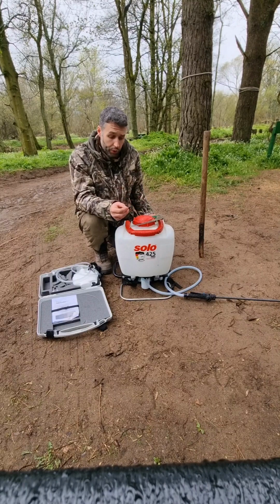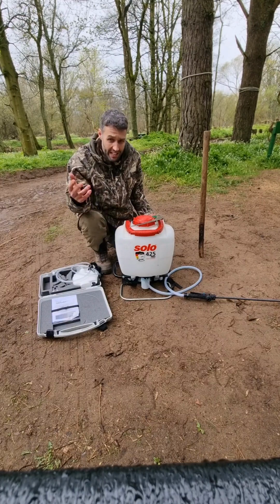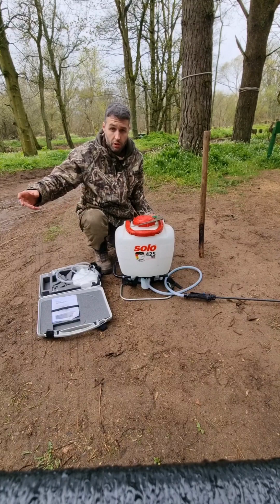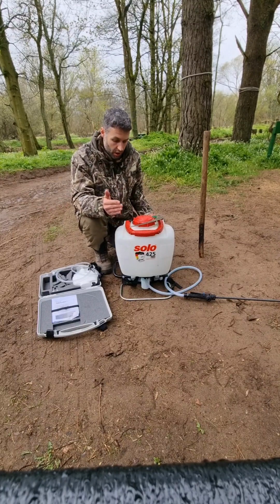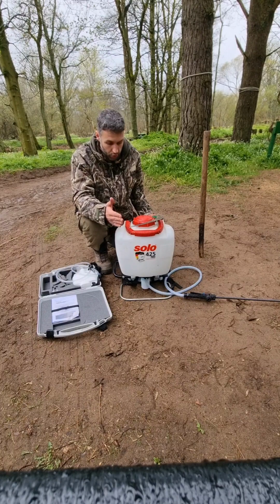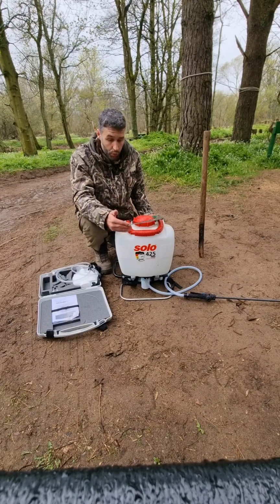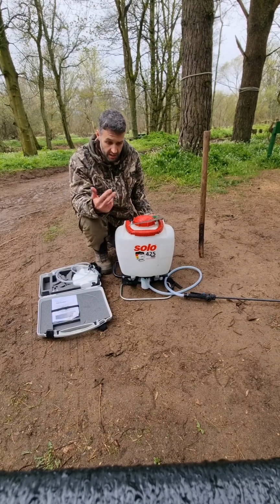The other thing about hogweed is that the seeds can lie dormant in the ground for, I think it's about 7 years, so you've got a massive seed bank built up over years and years. Obviously not all those seeds are going to come in the same year, so it's a constant battle. Maybe one day we'll get to the stage where it's just not coming through anymore, but it is quite impossible to get every plant every year, so you're always going to have some getting reseeded into the ground, and you've got that kind of 7-year cycle